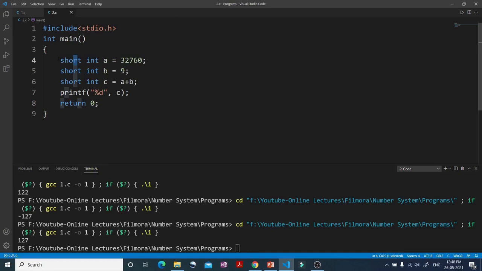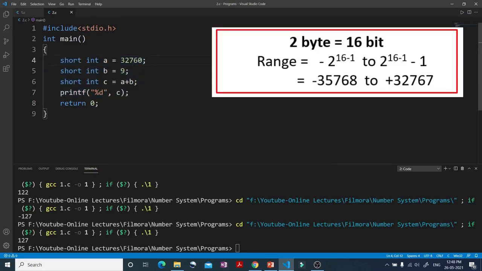Now similarly in another example, here I have taken the example of short int. Short int is 2 bytes on my computer. Here on the screen you can see the range of this 2-byte number. The range is in 2's complement representation, all the numbers are in 2's complement. Here, if I add the number 32760 and 9,